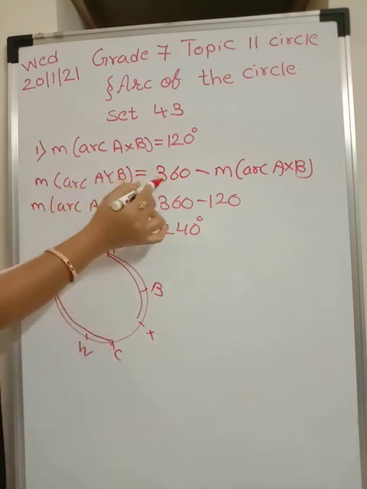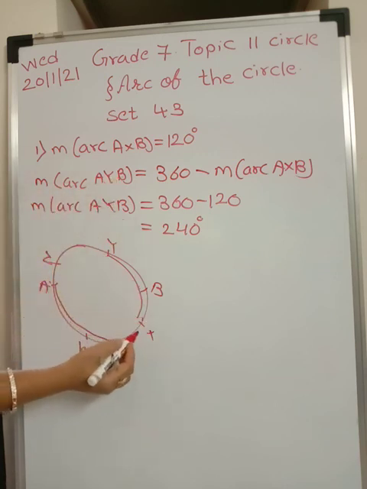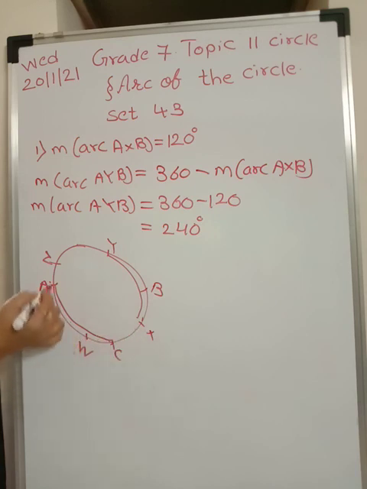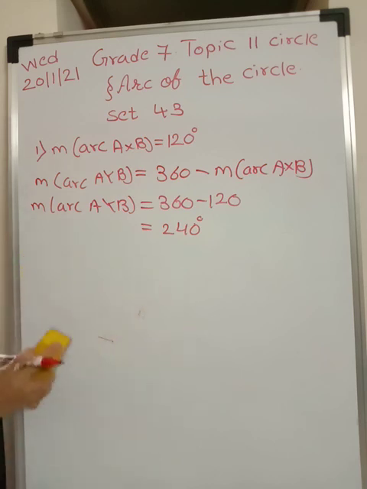This is possible over here because only two arcs are there, AYB and AXB. Are you understanding me? The measure of this arc would be 360 minus the measure of this arc plus this arc plus this arc, because there are so many arcs over here. Are you understanding what I want to tell you? So only that word corresponding is very important, where only two arcs are there and the measure of one is given, the other can be 360 minus that given arc.